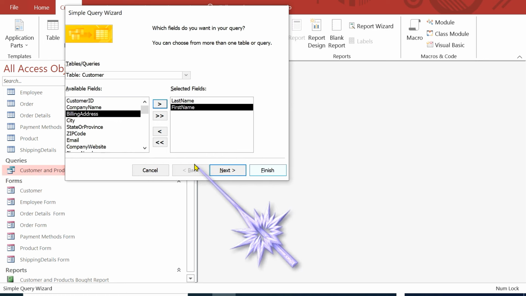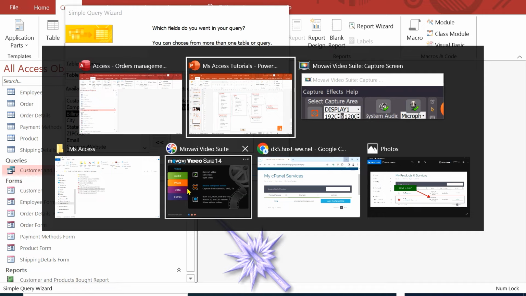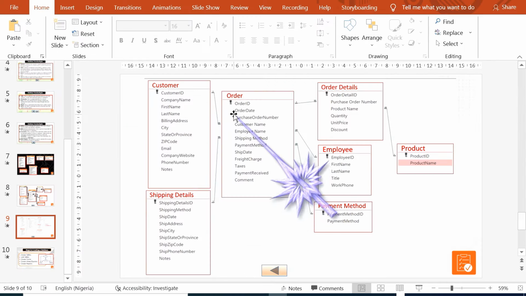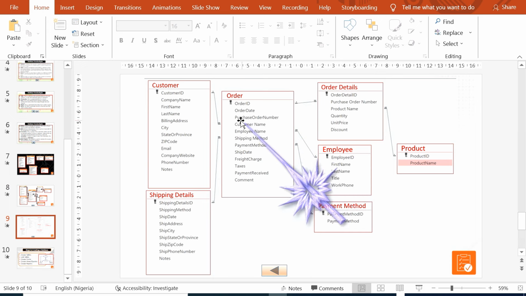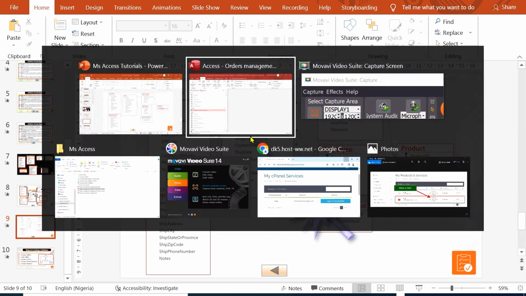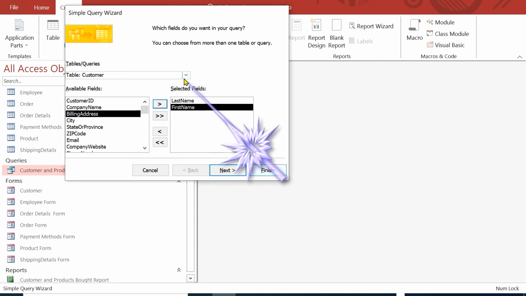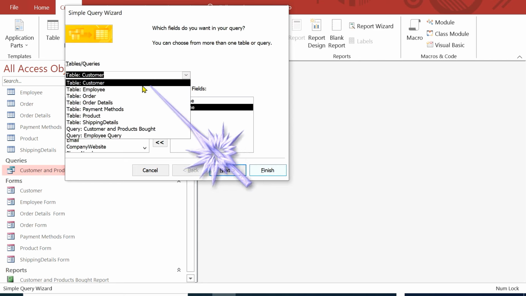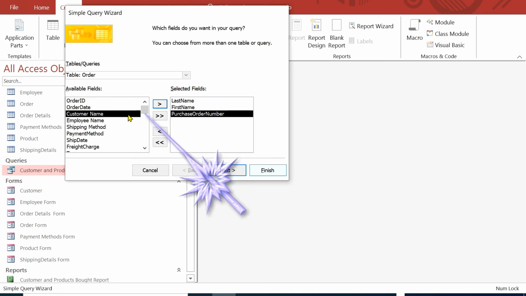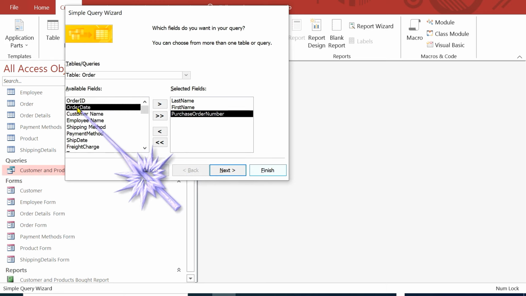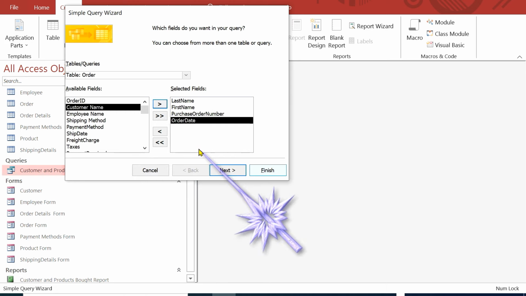Then after that we'll need the order date and the purchase order number from our order table. I'll come back here, open the order table, add the purchase order number, and the date the order was placed. Good. Then after that,